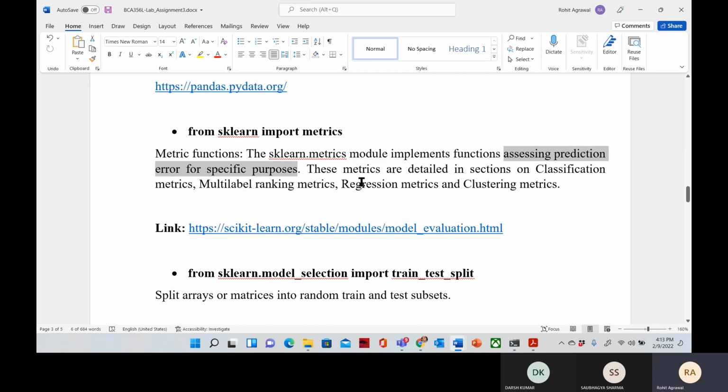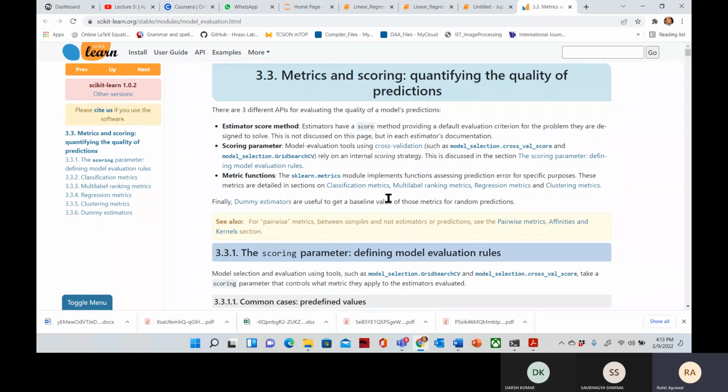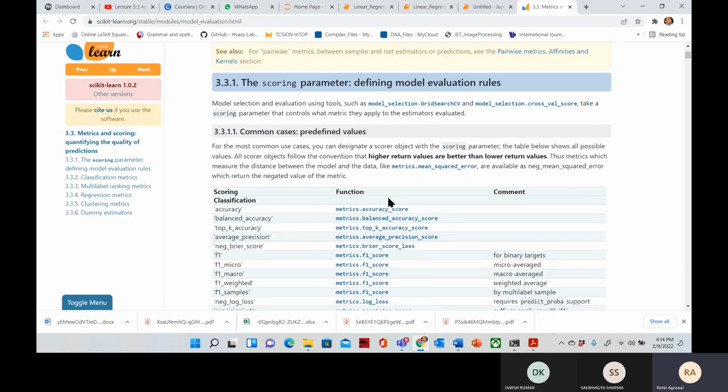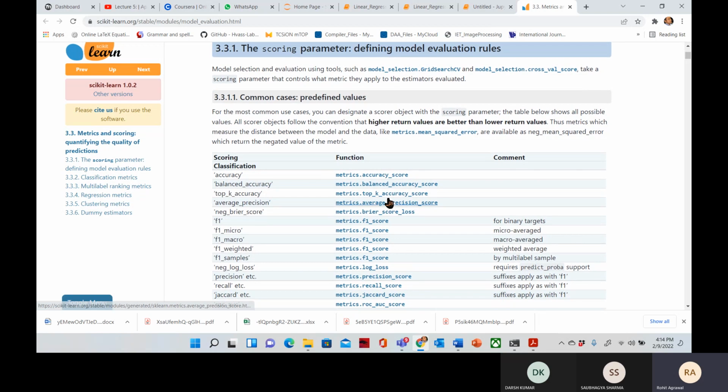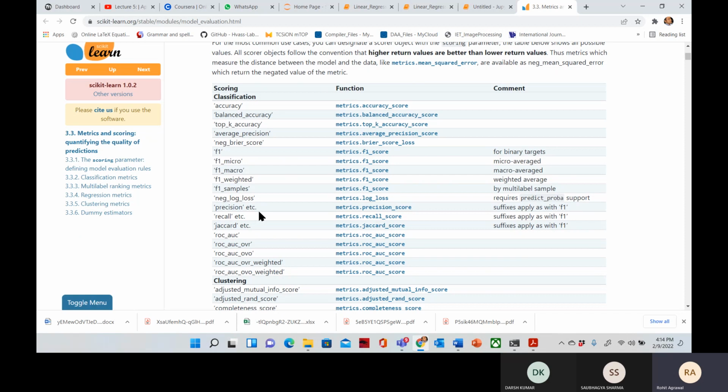Once we discuss regression and classification, we will discuss all of them in detail. These are used for performance analysis. You can see the accuracy score, F1 score, precision, and recall. Once you go through the lecture, you will be familiar with these terms. What is precision? It will come in classification. जब मैं classification पढ़ाऊंगा, then we will discuss what is precision, what is recall, accuracy, all these terms.